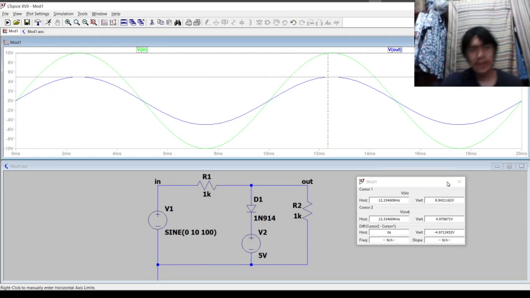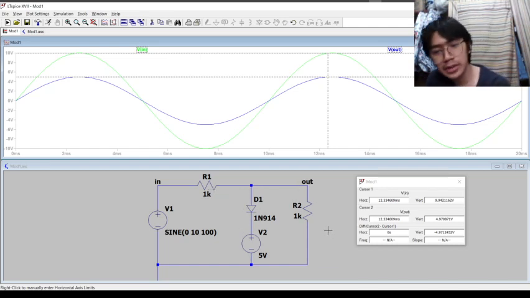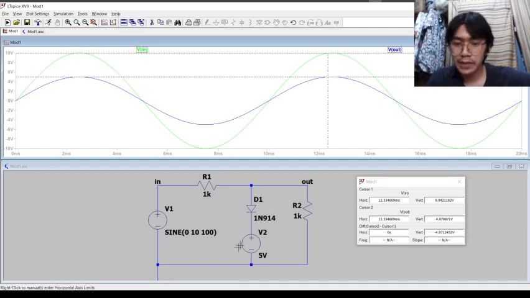If we analyze this, let's say in our positive half cycle, we have a 10 input, and let's just imagine that the diode is not here. Following the voltage divider principle, the output will be half of the input. So if we input 10, the output will be 5. So if we have a 5 volt battery here,